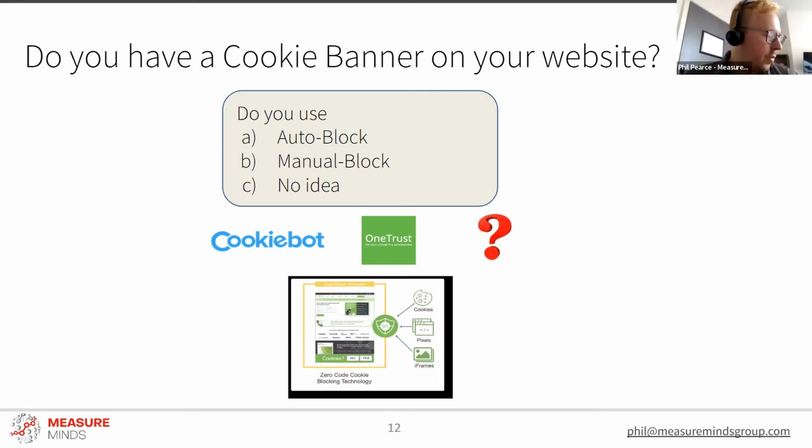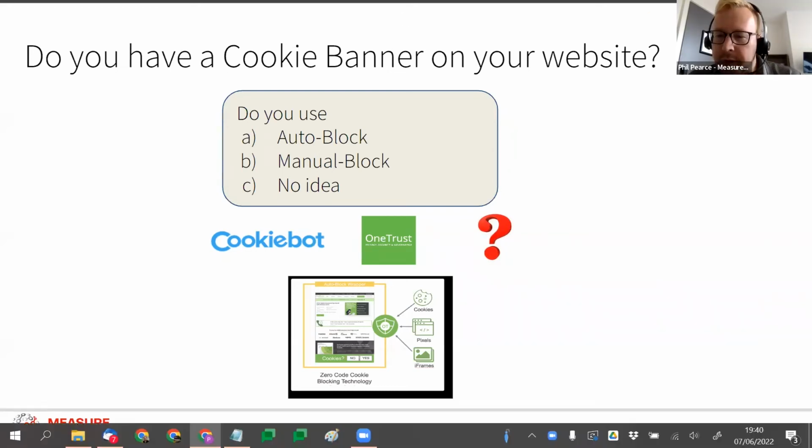So there's not really a human involved in that bit, although you can override the settings or the bucket that it puts it into. The manual blocking is more where you're using GTM consent mode, and you decide which categories cookies should go into. So auto block with a little bit of editing. Okay,